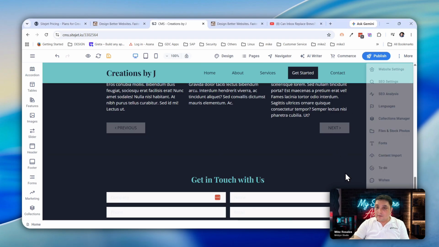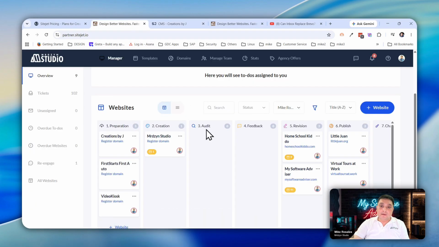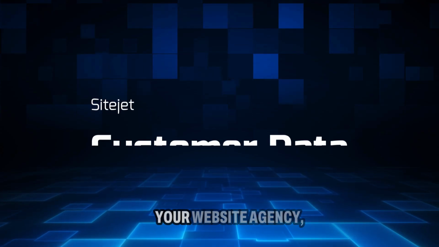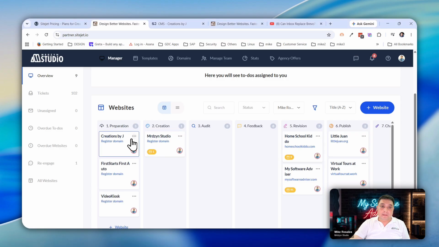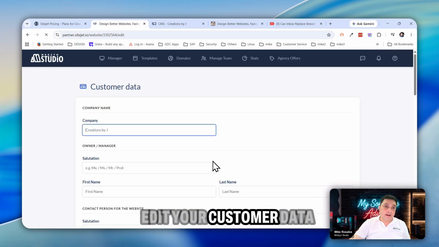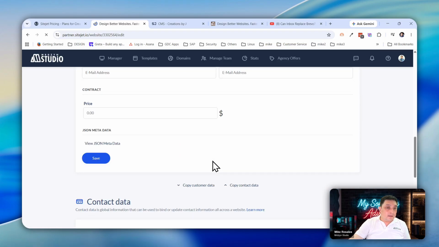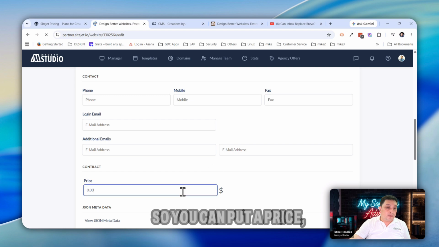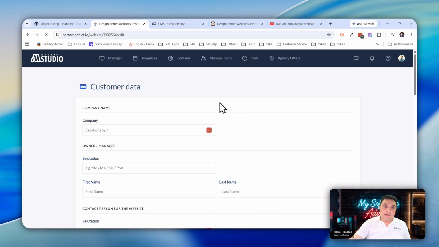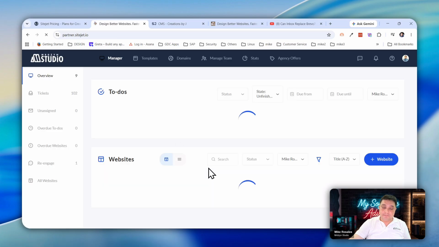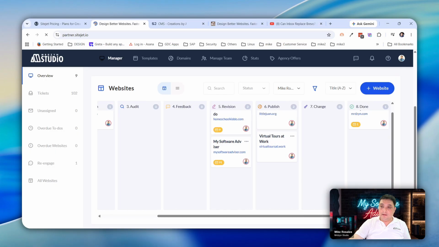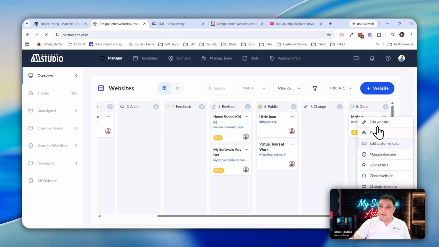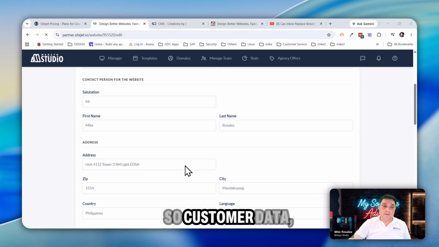So if you, oh, before I forgot, basically if you're using Sitejet for your website agency, you can actually edit your customer data in here. So you can put a price, can keep track of your contract pricing in here, track your revenue. Let me just quickly put this right over here. So customer data,